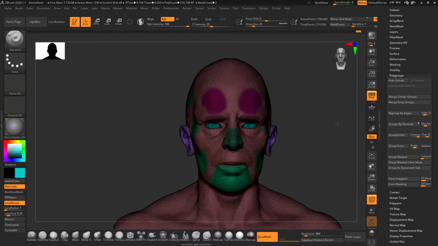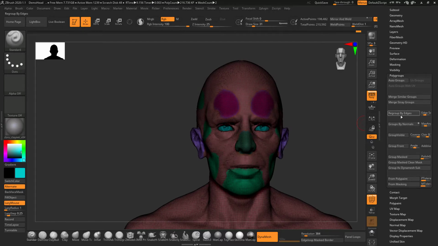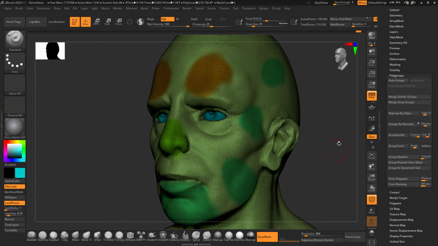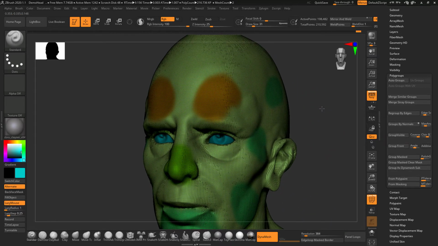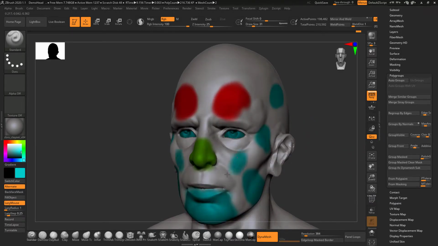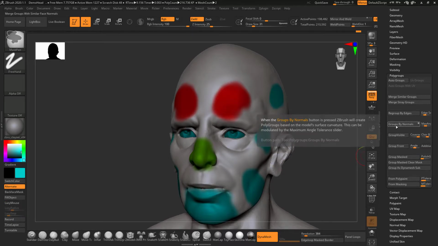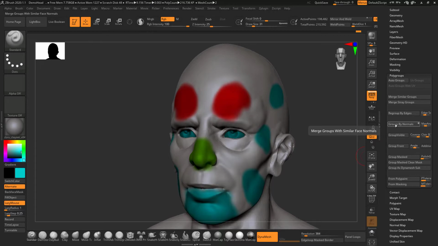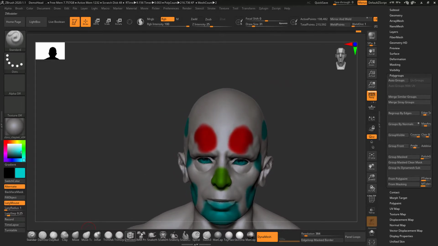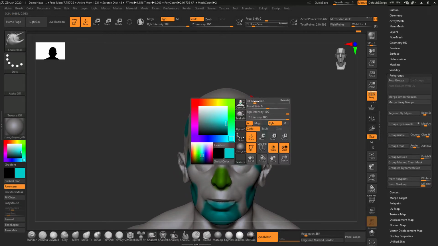You can also group by normals. This groups your object based on the curvature. To give you more idea about that, I will go to the Snakehead and create some detail.